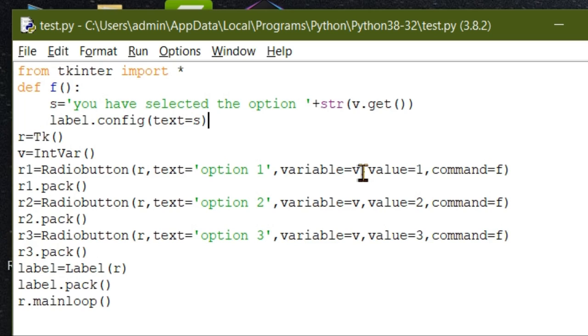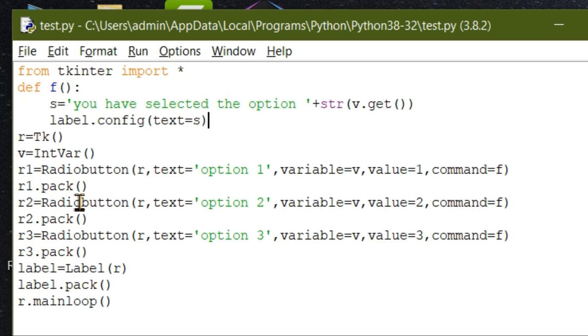And here I have called the variable we are using, that is the v variable. And then the value, here if we are using StringVar, we need to type text variable. And now I have used the command f to print these values. And then we packed all r1, r2 and r3.